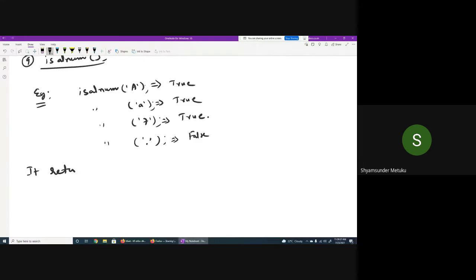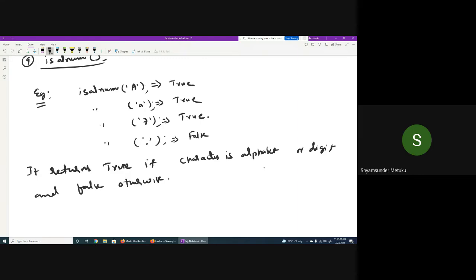It returns true if character is alphabet or digit, I should say, instead of numeric, and false otherwise. Is alphabet plus is digit. What do you mean by it?